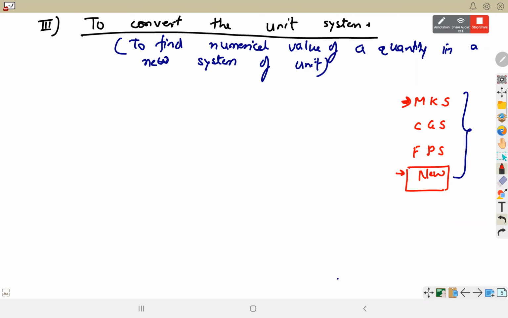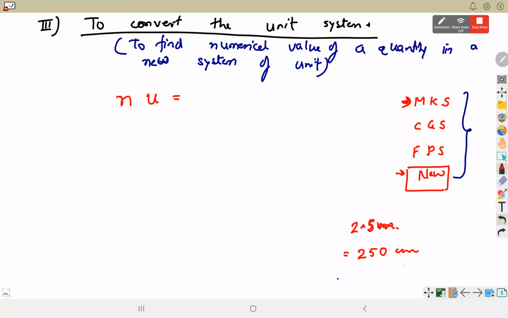जब भी हम कोई मेजरमेंट करते हैं, किसी भी क्वांटिटी में मेजरमेंट करते हैं, then what we have is two things. एक तो उसकी न्यूमेरिकल वैल्यू होती है और दूसरा उसकी यूनिट होती है, n into u. N is the numerical value. Like suppose we measured the length of your table, it came out to be 2.5 meters. So 2.5 is the numerical value. U is the unit system. अगर सपोज हम उस 2.5 मीटर की जगह पे, हमने मीटर स्केल की जगह पे, we took some small scale which measures only 1 centimeter or something, then it will be 250 centimeter, 2.5 meter or 250 centimeter.